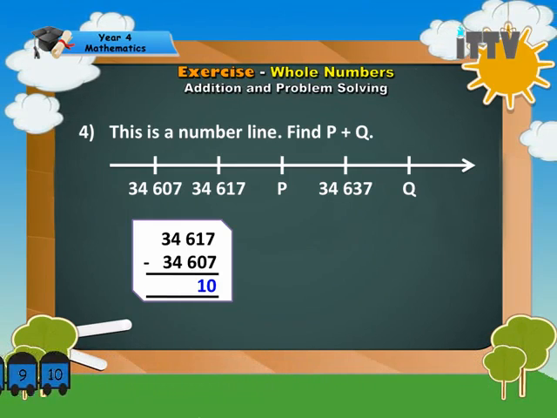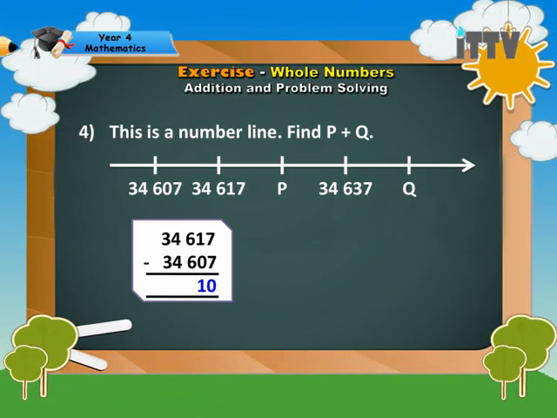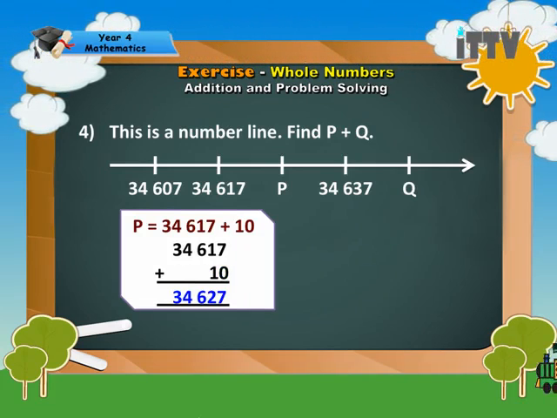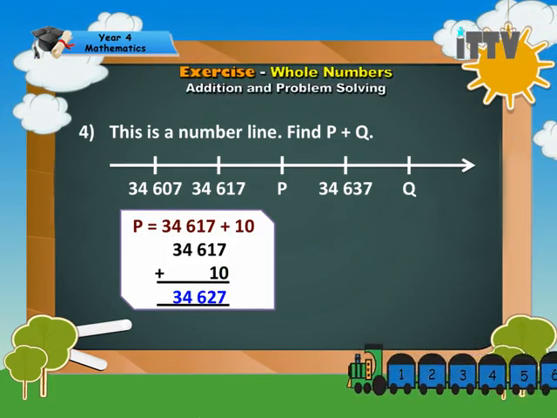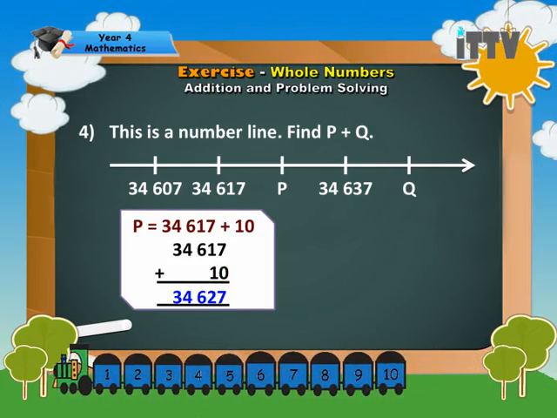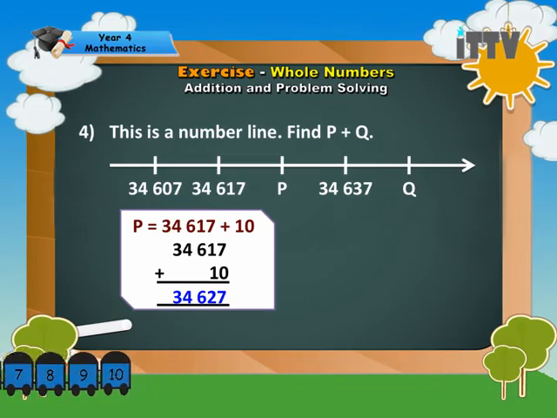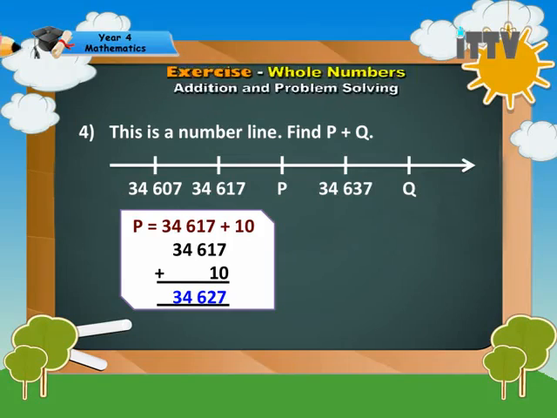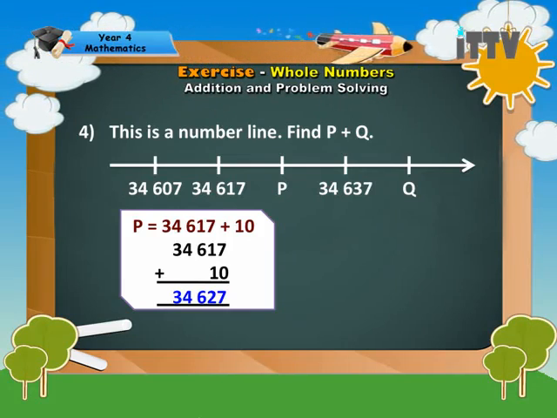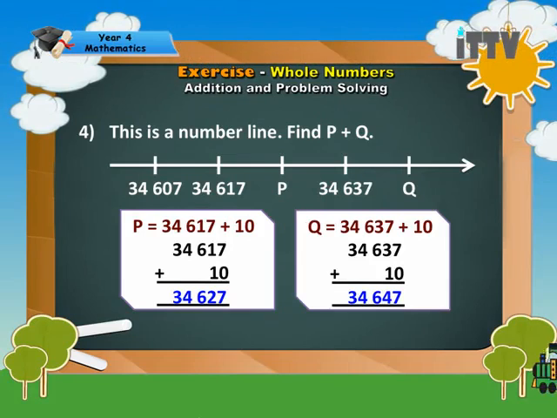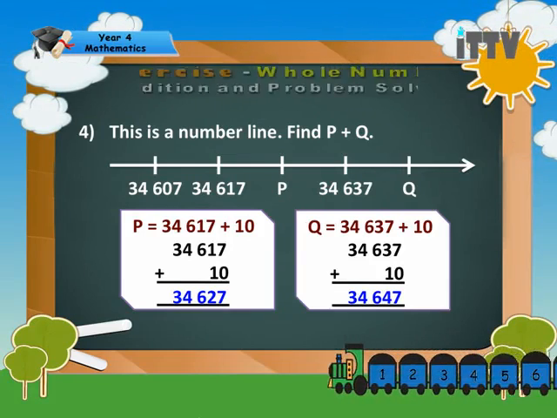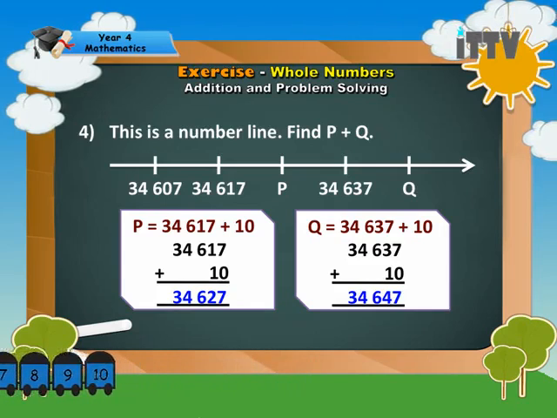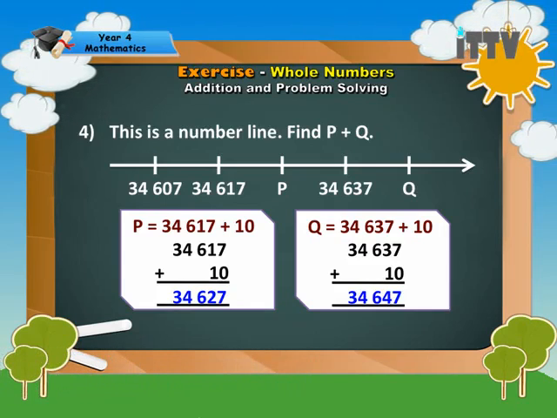So let's find the value of P. Since the numbers are arranged in ascending order, so P will be 34,617 plus 10. Yeah? Because in the number line, as the numbers move towards the right-hand side, the numbers become bigger. Yeah? So P is 34,627. And as for Q, Q is 34,637 plus 10. Yeah, because it's the next interval. So Q is